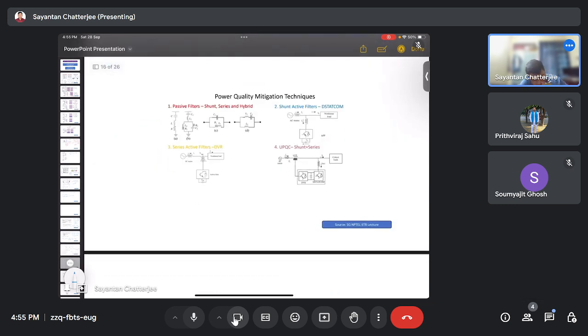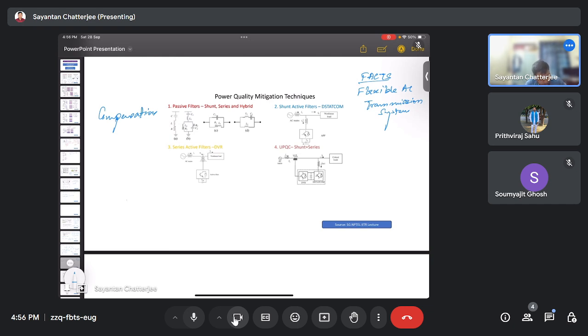So here we have the power quality mitigation techniques, where we all know that we generally use FACTS devices. So what are FACTS devices? Flexible AC transmission systems. Similar to the FACTS devices, there are distribution FACTS. So we generally use some compensation techniques